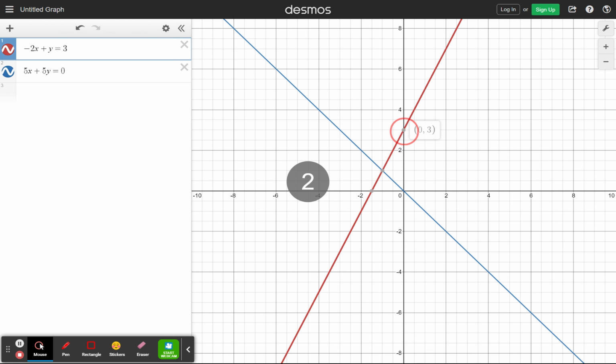We have 0, 3 here. We have negative 1.5, 0. Now, for our other equation, 5x plus 5y equals 0, there's another set of ordered pairs. All of these ordered pairs make that second equation true. So we have 0, 0 makes it true. We have negative 2, positive 2